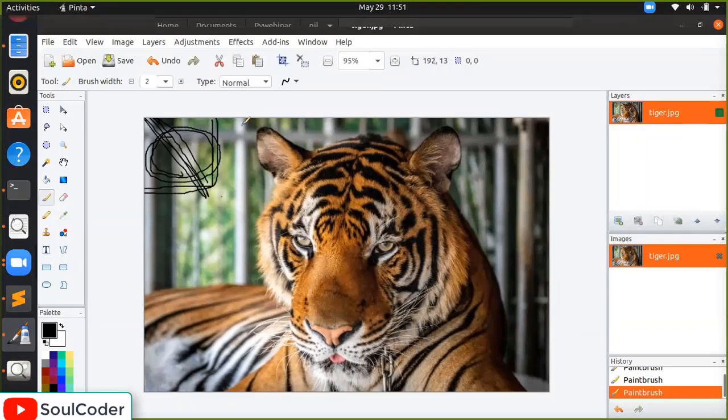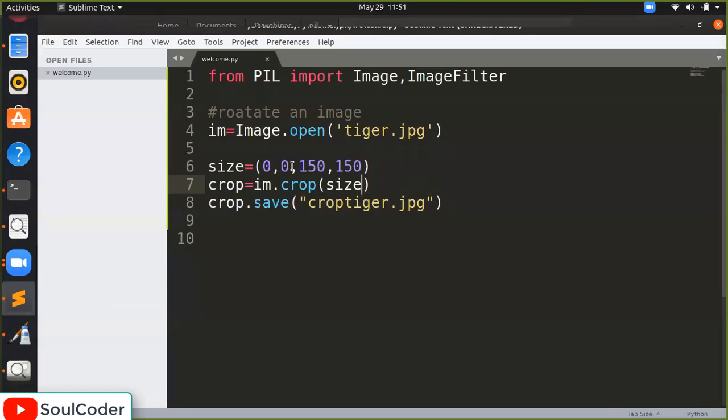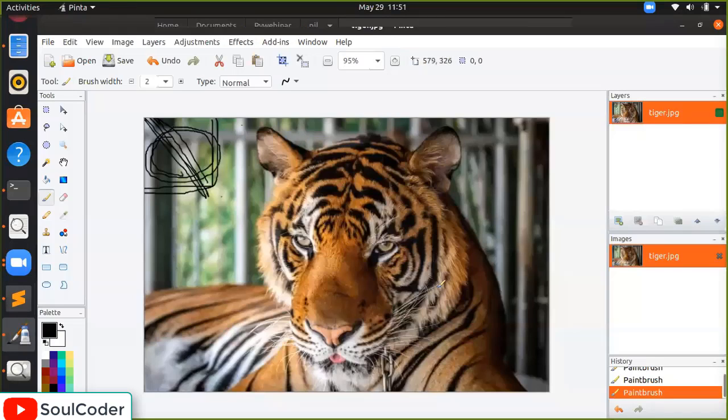What if we want this part here? For example, I want from this. This is 192, 13. Okay, you can play with it. Okay, guys. This is 192, 13, and I want till here. This is 670, 451. Look over here, guys. Okay, I am again showing you. I hope you are understanding this part. I want this portion of the image.